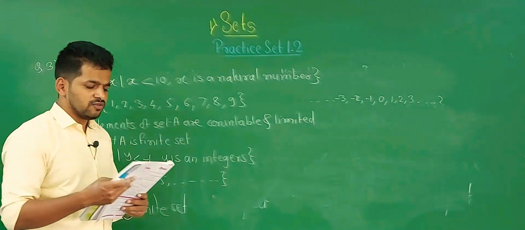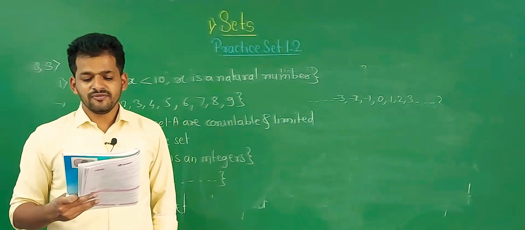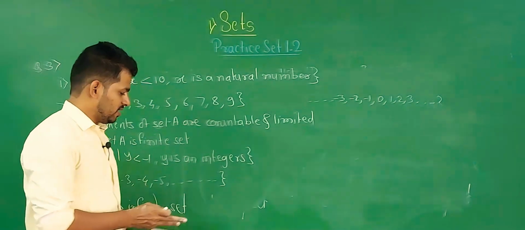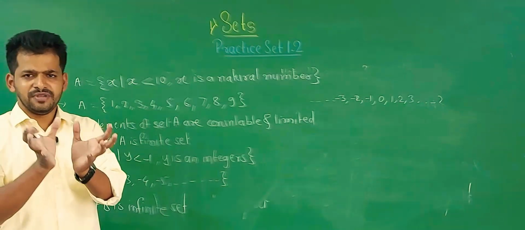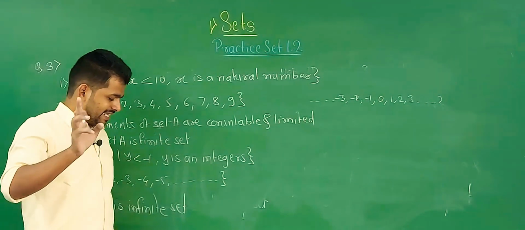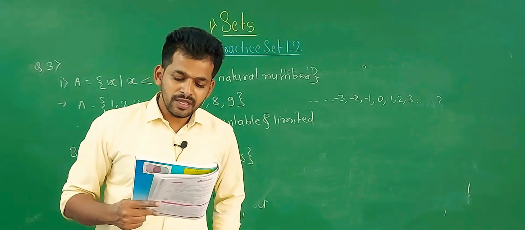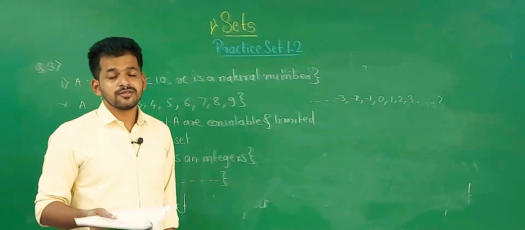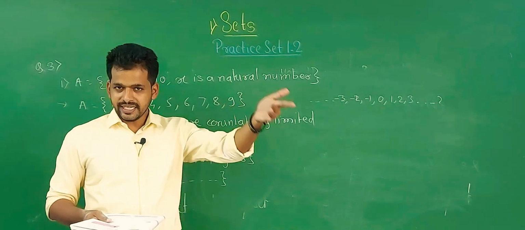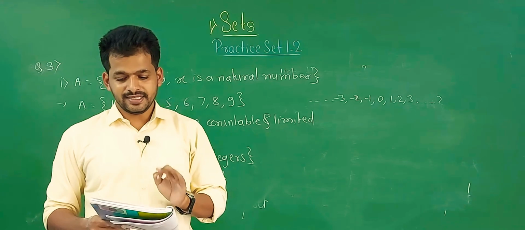let's see the next one. Question number C. C, set of students of class 9 from your school. It is oral. Okay, in that 9th standard there are limited students, 50, 60, whatever, they are limited and countable also. Therefore, set C is a finite set. Next one, set of people from your village. Okay, they are also countable. We can count them, 10 lakhs, 60, 10,000, 50,000, it depends on the village. So they are also a finite set.